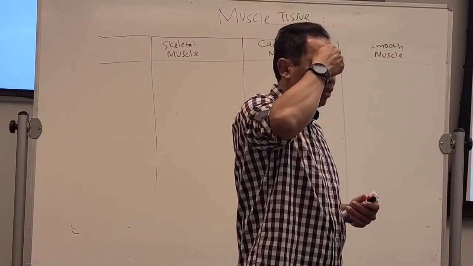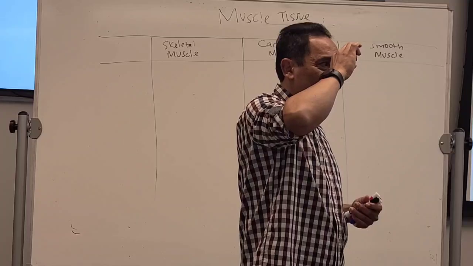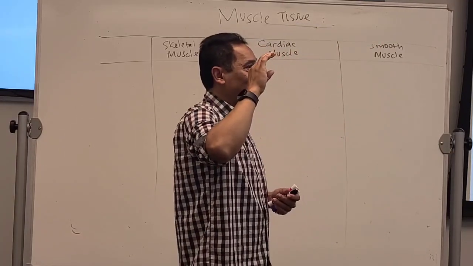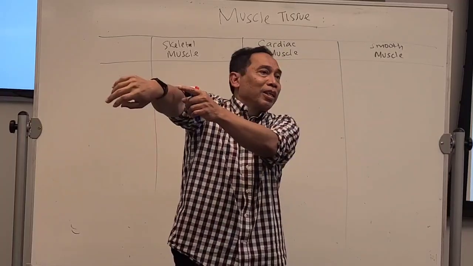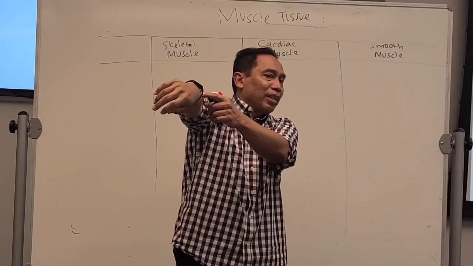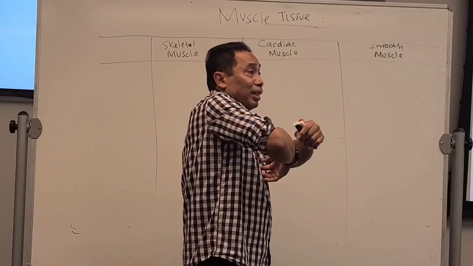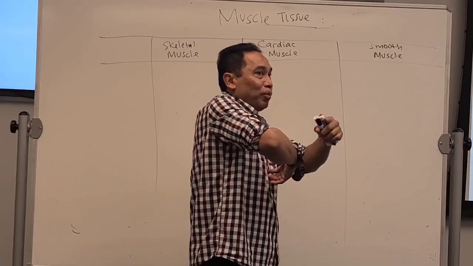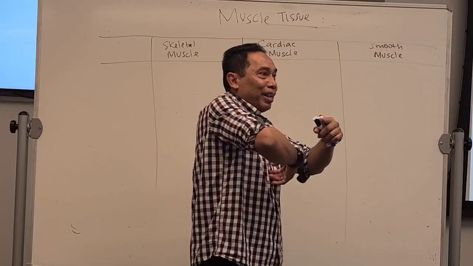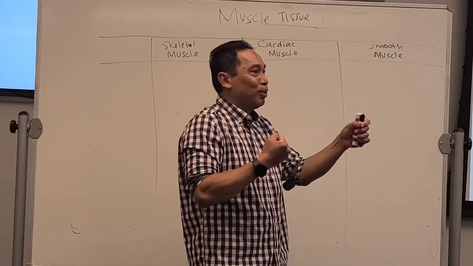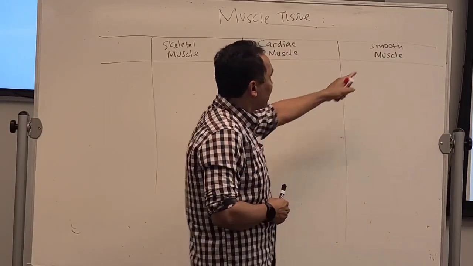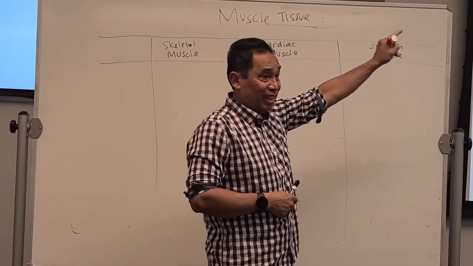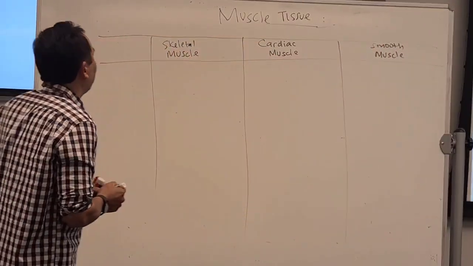But smooth muscle is also located in other places, like your eyes. There is a muscle called the iris that controls your eye opening, the pupil opening. That's also smooth muscle. There is also smooth muscle in your skin that controls the erection of the hair. When you have goosebumps, what happened? That's actually done by smooth muscle. So smooth muscle is mostly in hollow organs, but also located in several other organs. We're gonna see that later.